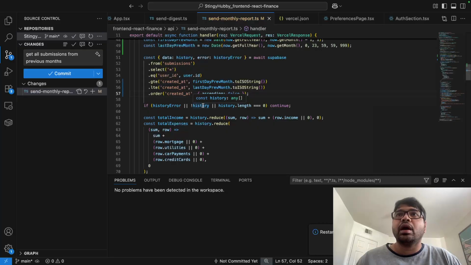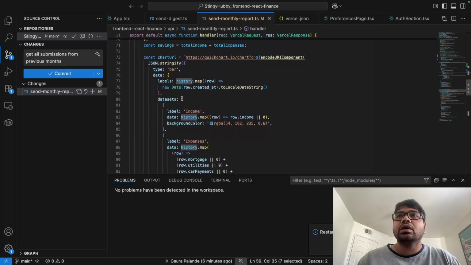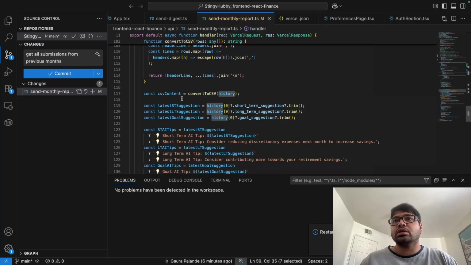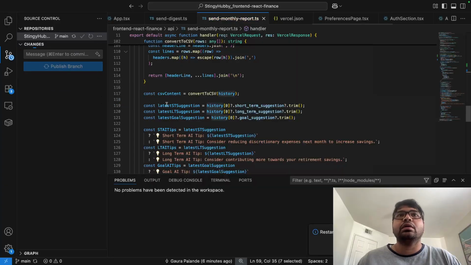History, we have all the data as history over here. That's what we want, because that is what we are going to forward to ChatGPT to get our short-term suggestion and long-term suggestion, based on the latest one. So there should be at least one per month. So let's commit and sync this one, and then we'll test